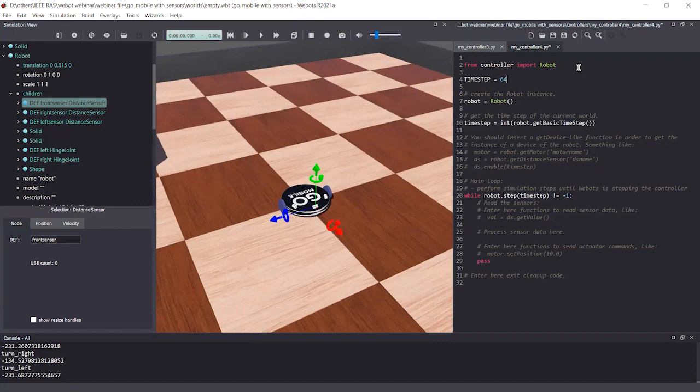But the cost we face is that when you increase the time step number, the computational cost is very high. When you decrease it, the computational cost Webots needs is very small. So today I'm going to use the time step as 64, and then I'm going to delete this. This is another method you can get the time step.